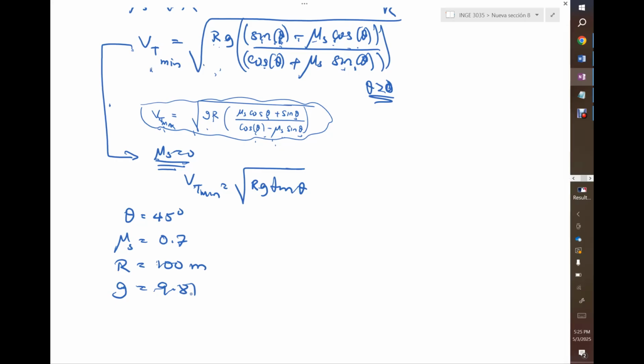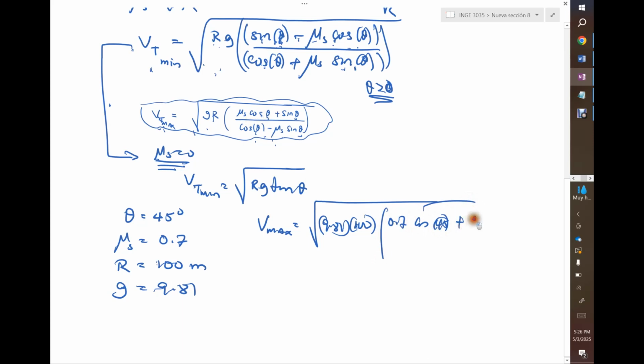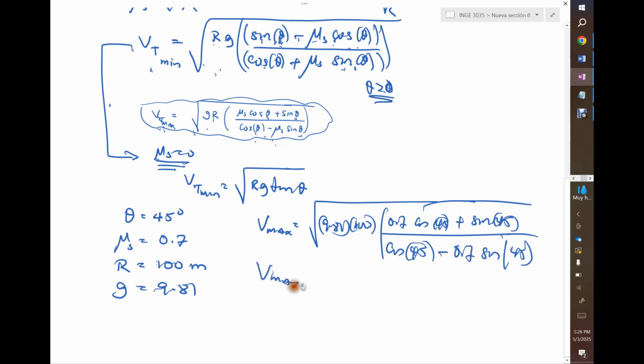So what is Vmax? Well, Vmax is going to be the square root of 9.81 times 100 times 0.7 cosine of theta plus sine of 45, divided by cosine of 45 minus 0.7 sine of 45, and Vmax equal